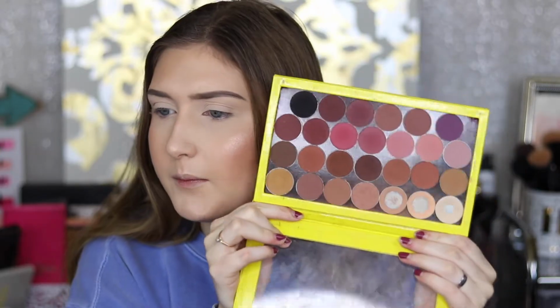So I'm just going to be using the palette that I've made with some MAC shadows, mostly Makeup Geek, and then some Anastasia shadows, and a little bit of Colourpop. But I mean, you can use the colors I'm about to use. You can find it in any warm tone palette. Like, it's nothing special. So we're just going to start out by taking a big fluffy blending brush, and this